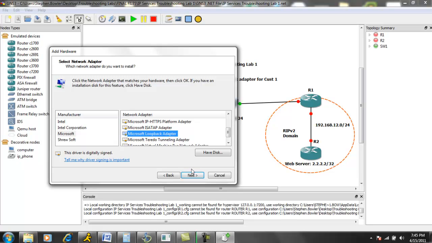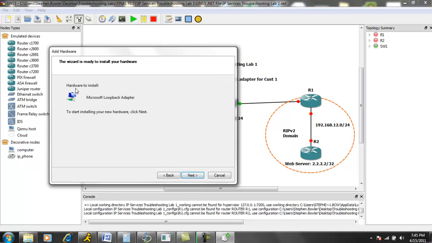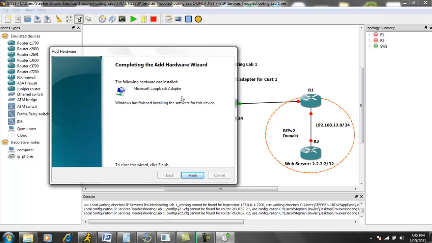So we'll select loopback adapter, and then we'll hit next, and then it's going to tell us hardware to install, Microsoft loopback adapter. To start installing your new hardware, click next, then we'll just hit next, and you can see that it says installing the hardware, and now it says that the following hardware was installed and that Windows had finished installing the hardware. So we'll just hit finish,